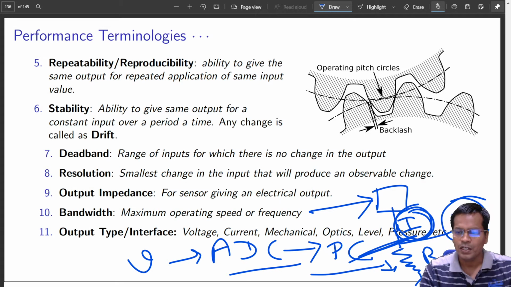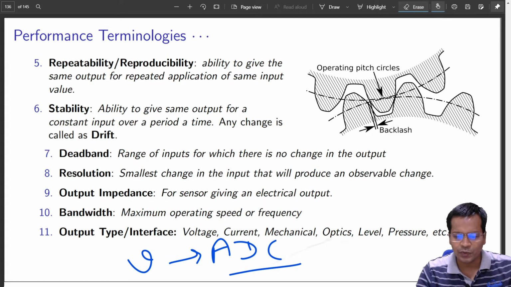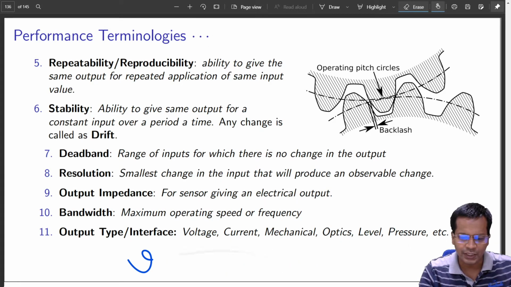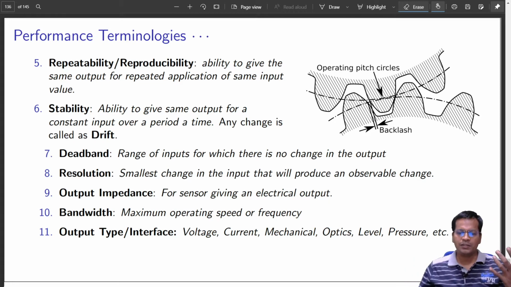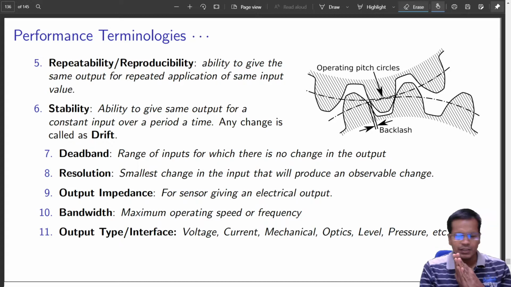So this is how different conversions are done, and you should know what type of sensor you have got in hand. That is why this is very, very important. Your sensor can give you a voltage signal or a current signal. Normally they are electrical in nature, that is why I confine my explanation mostly to electrical things only, that is voltage or current. But yes, it can be a